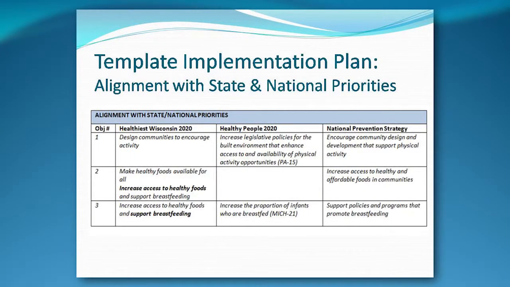And the last part here is just linking your local plan with state and national priorities. Again, for health departments that are seeking accreditation, this is a requirement, but it's a great thing to do. You can see our state health plan there, cross-referenced to the three objectives that we used. But the Healthy People 2020 and the National Prevention Strategy, whether you come up with your own strategies and then link to them or start there, because they also have very specific and helpful ideas about the kinds of strategies that have been shown to be effective in local communities,